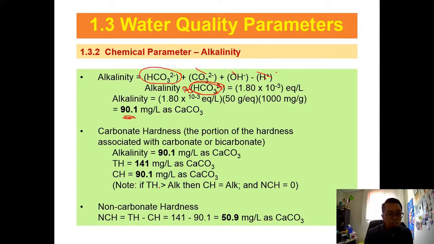If TH is less than alkalinity, then CH equals the alkalinity, and non-carbonate hardness is the equation. If it is larger, you need to do similar, total hardness minus carbonate hardness, and then you can get the answer. Okay,